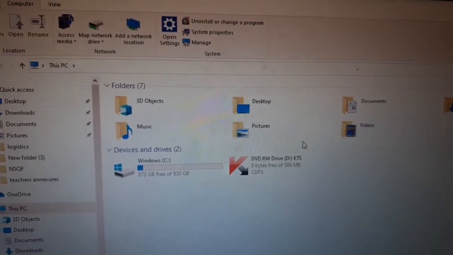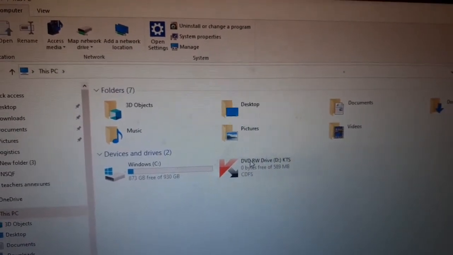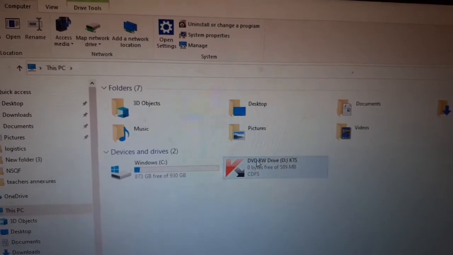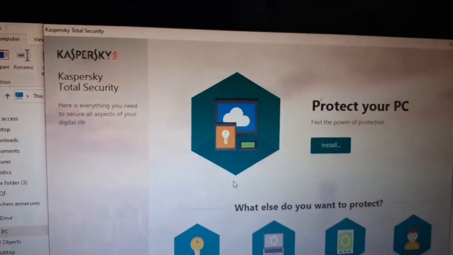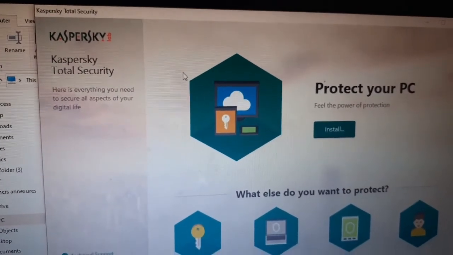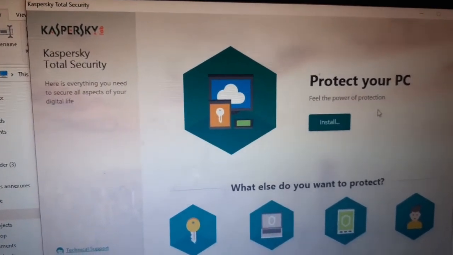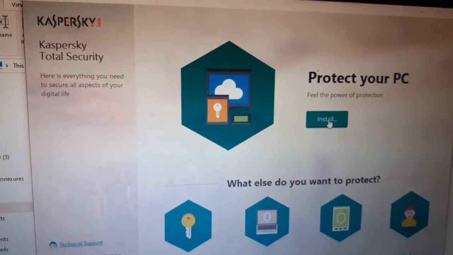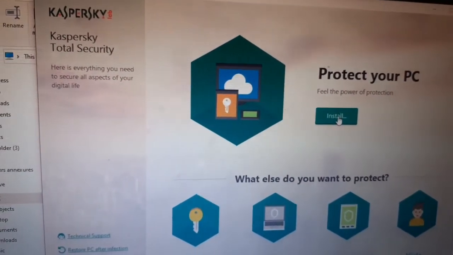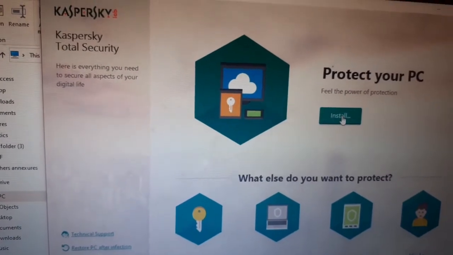Then we need to double click on the DVD drive. The window of Kaspersky Security will open, saying protect your computer. So we need to click on install.